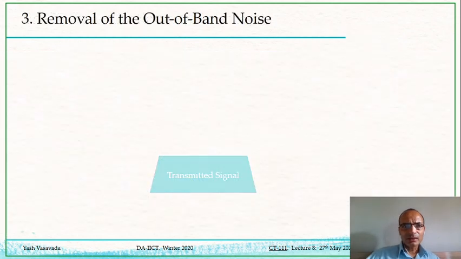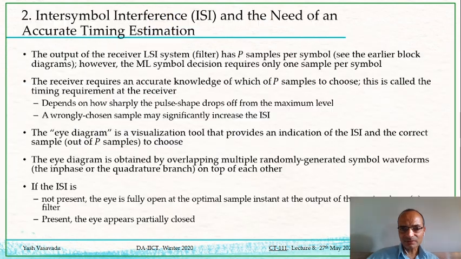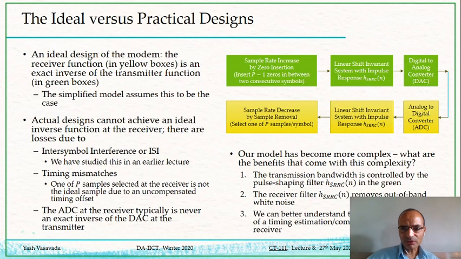Okay, and then finally the last thing is that the filter at the receiver that we have seen in an earlier diagram, let us just quickly look at that one more time. This is the filter that we are focusing on. The eye diagram is obtained by overlapping symbol samples at this point, at the output of the filter.